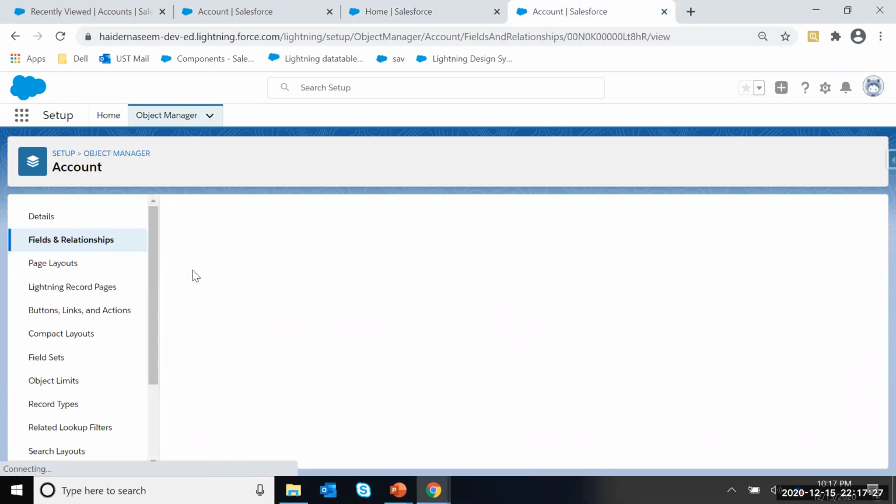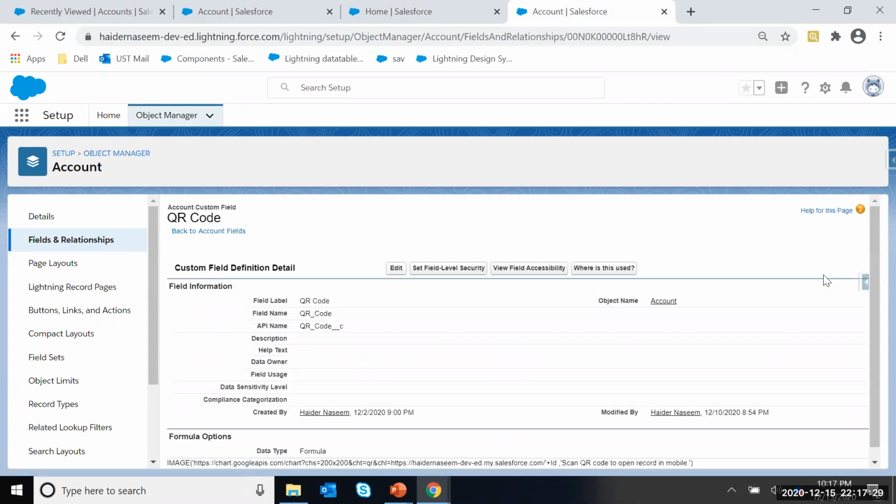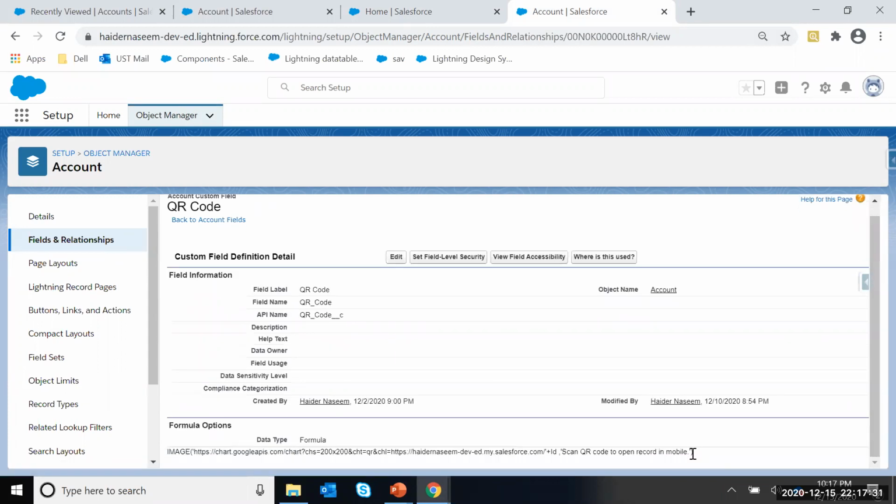So if I open this field, you can see over here, we have used the very same method which we saw in the PPT just now. So we have the image function, and the first parameter is the Google Charts API link with the embedded ID, and then the alternative text.